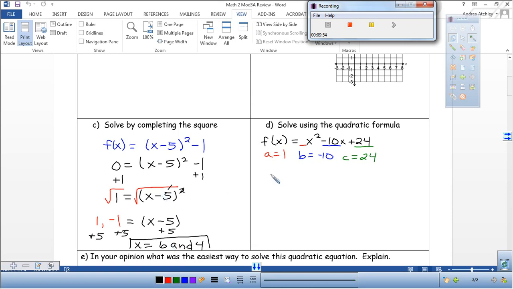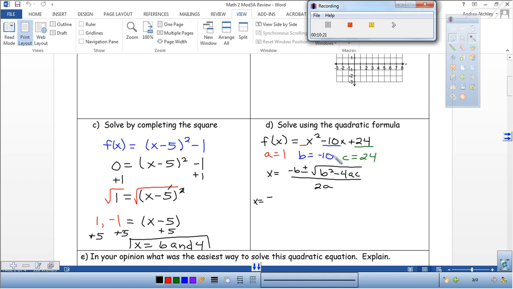Then we use our quadratic formula, and I will sing it once again. X equals negative b plus or minus square root b squared minus 4ac, all over 2a. Now you can plug all this in and then simplify. So we're going to get x equals,